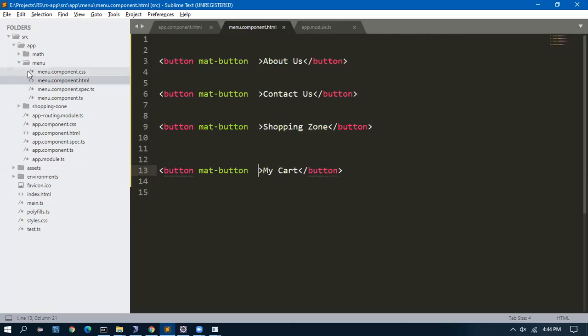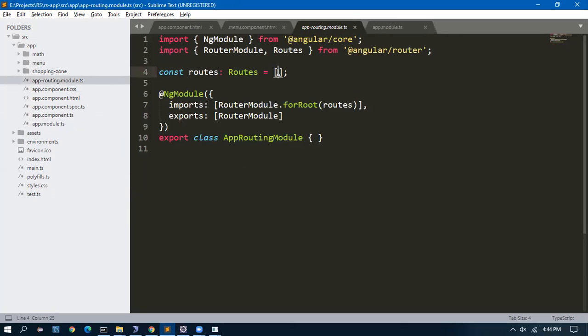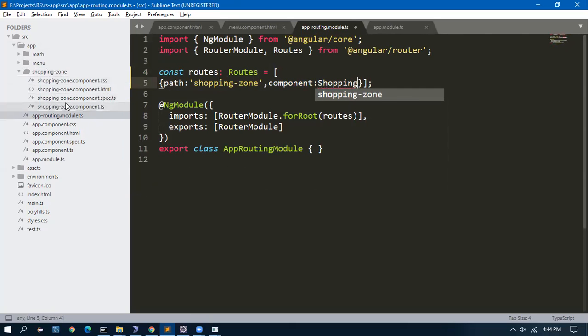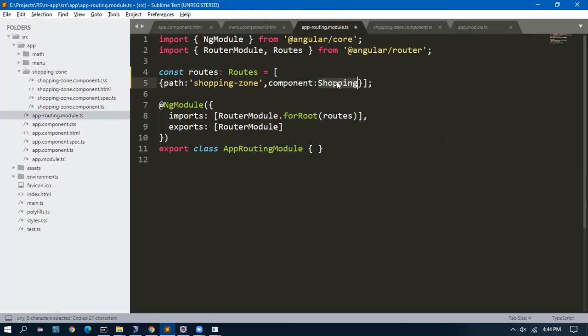Next is I have to go to routing, app routing module. Here I have to go path shopping zone. The component is shopping zone component.